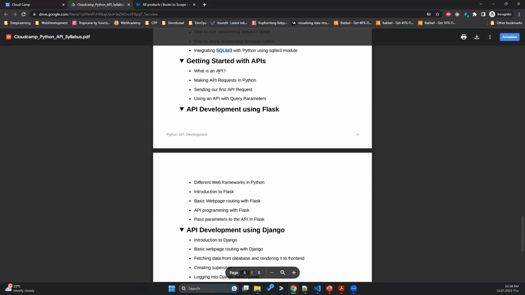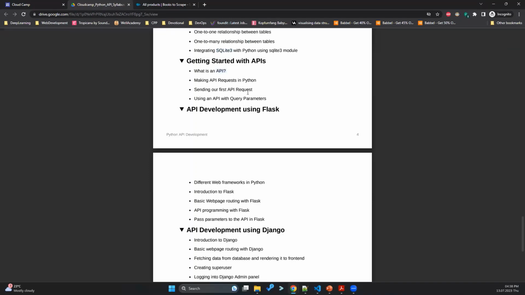Then we will start with what is an API, and how do we send API requests in Python. And we will also send our first API request at that point of time. And how can we send an API with